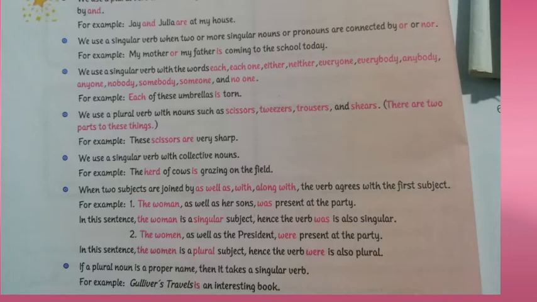Another example. Our family is not poor anymore. Our family are not early risers. Here it is our family are, and in the previous example our family is. In that case, our family is not poor anymore, it is considered as a single unit. In the case of our family are not early risers, in this case it means the individuals in the family. So you have to use plural here.